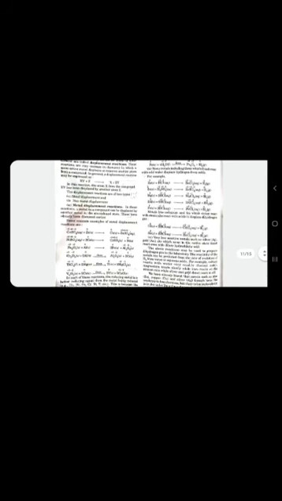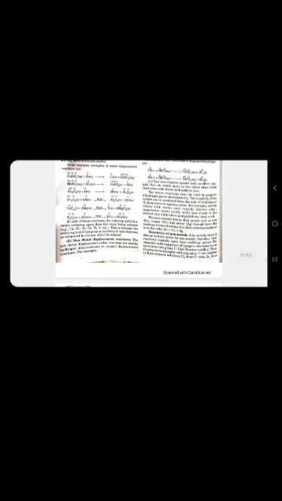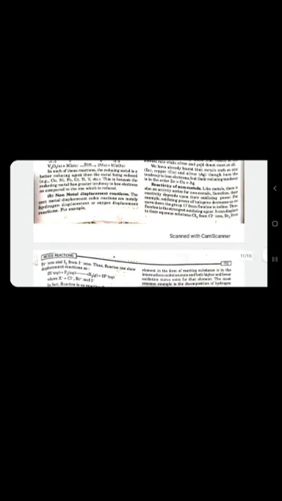If we keep an iron nail in copper sulfate solution, iron is more reactive than copper, so iron will displace it, the solution will become green, and copper will be deposited on the iron nail. But if I dissolve copper in iron sulfate, then there will be no reaction because copper is less reactive than iron, so it will not be able to displace it. So this is the concept. Now in non-metal displacement, what will happen? These are mainly hydrogen displacement or oxygen displacement reactions. So these are non-metal displacement.